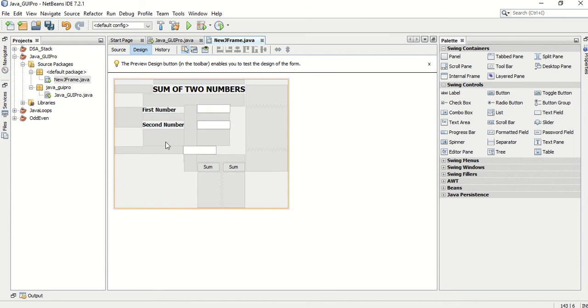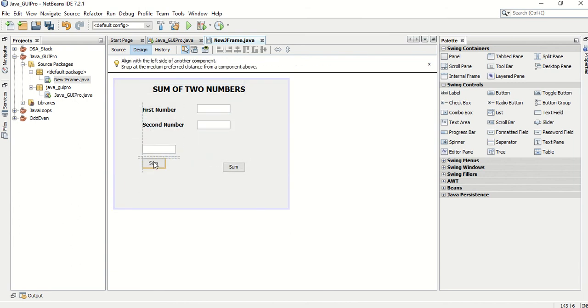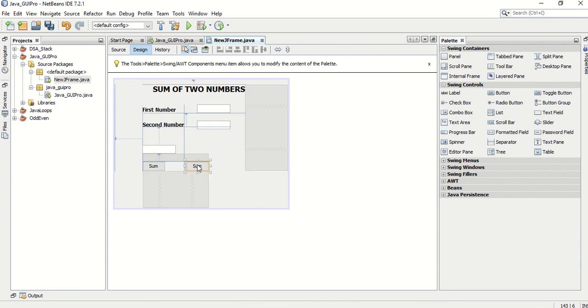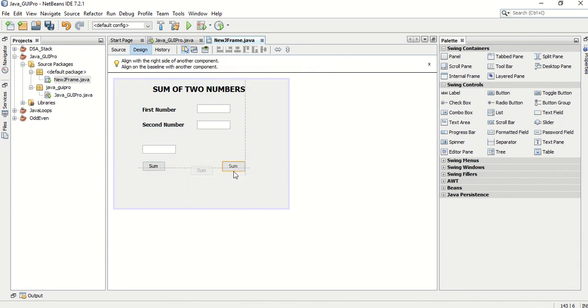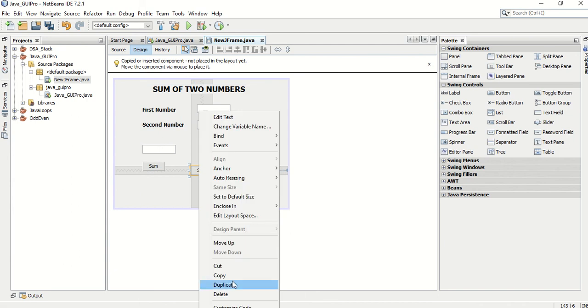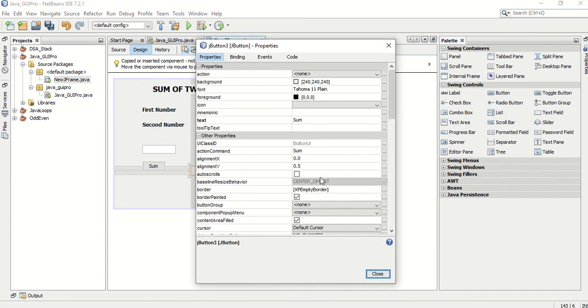We are just removing this total, so you can get the sum of the values. Then subtraction. Yes, you want to change the name. Properties: subtraction.